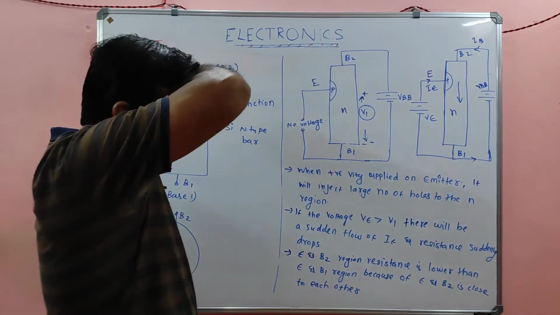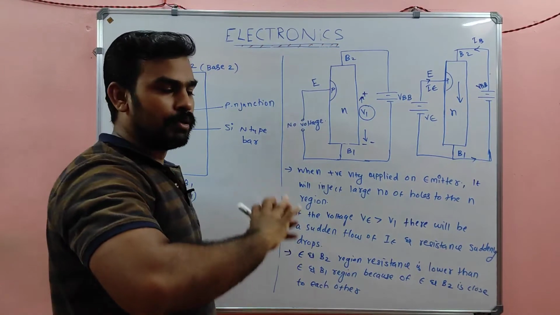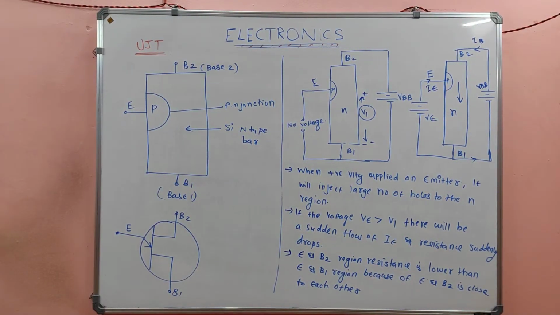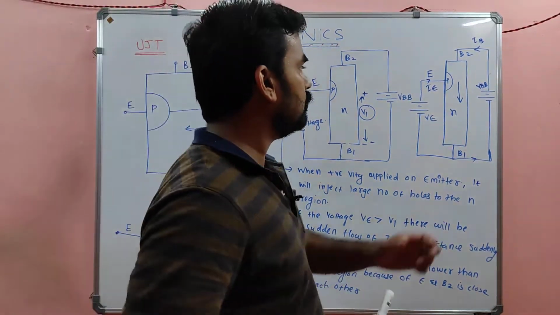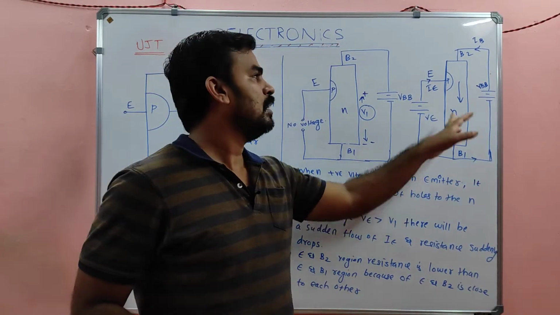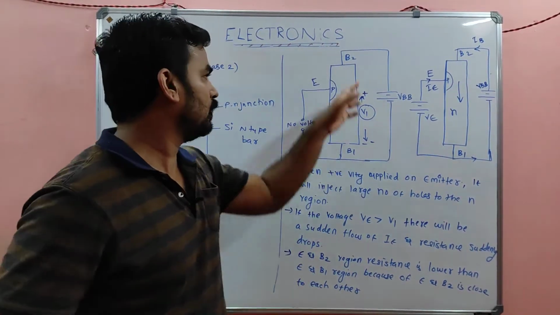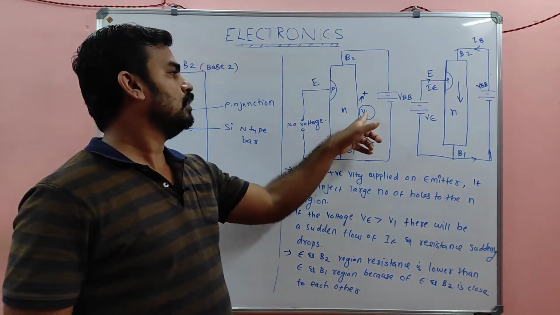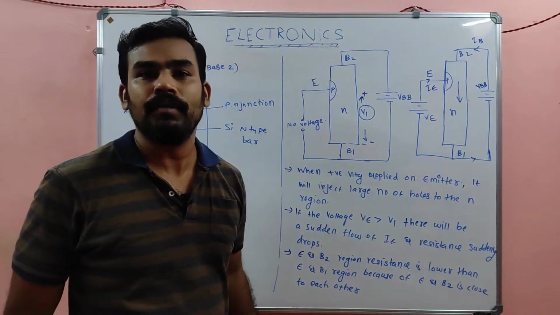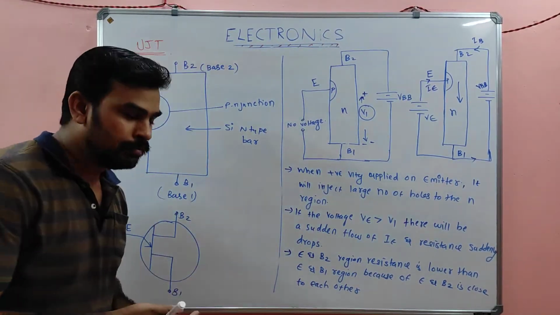So what happened when we apply a voltage VE here, due to the large number of holes injecting into the region, my dear, what happened? There is a flow of very high current IE in this region, and so a very high current across the channel happens, so the voltage V1 suddenly falls to 0, because a large current is flowing, making the resistance a very low value. So whenever